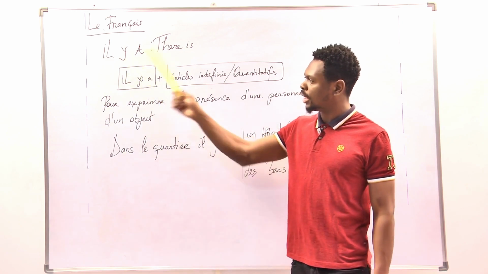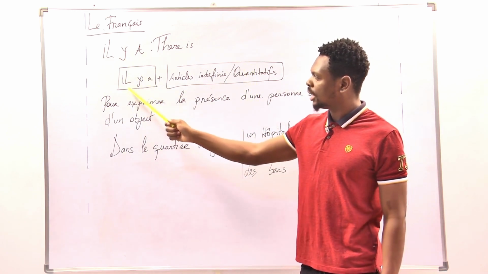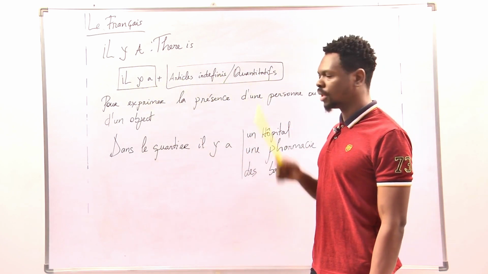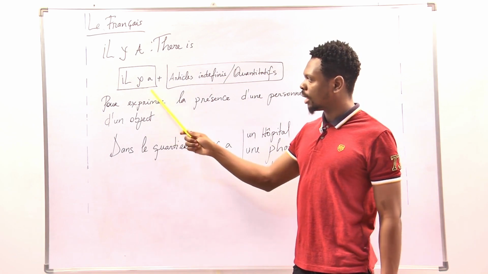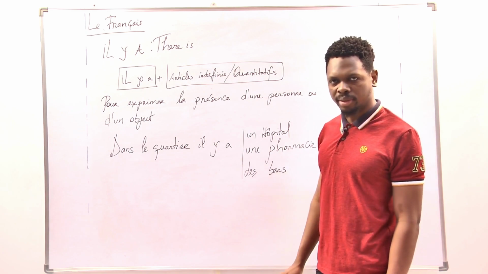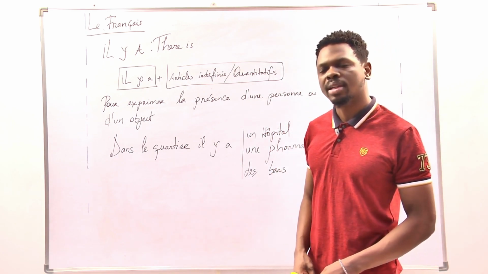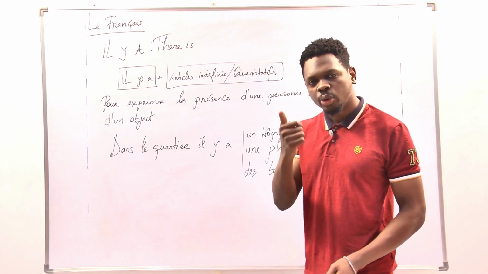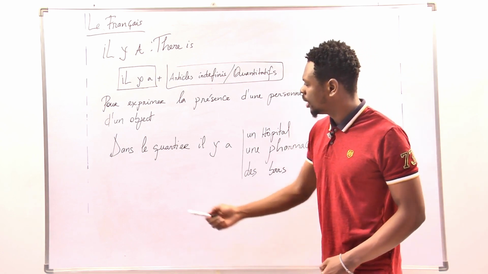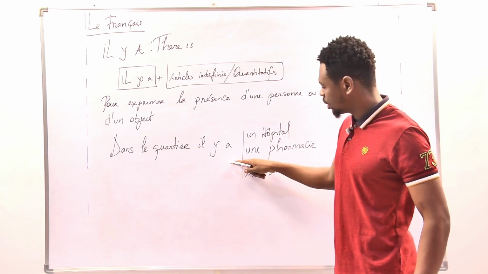So we use il y a, but there is a formula. The formula says il y a plus article indéfini or quantitatif. Means il y a plus indefinite article or quantitative. Meaning what? We remember indefinite articles, right? Un, une, des. So in this case, we have dans le quartier il y a, in the neighborhood there is